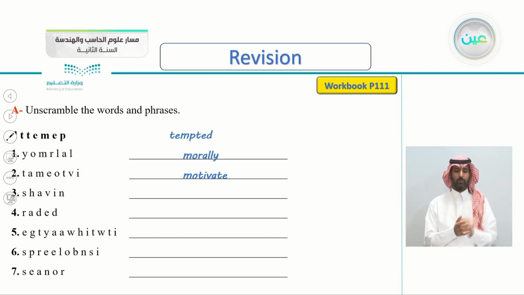S-H-A-V-I-N. This is the scrambled word. How do we unscramble it? Let's see the correct answer now. It's the word vanish. Do you remember the meaning of the word vanish? Yes, very good. Vanish is to make something disappear. Number four,